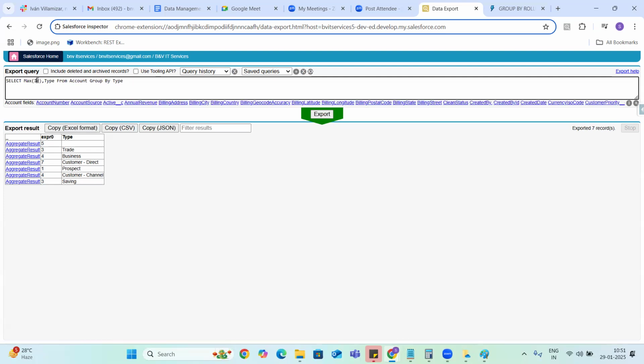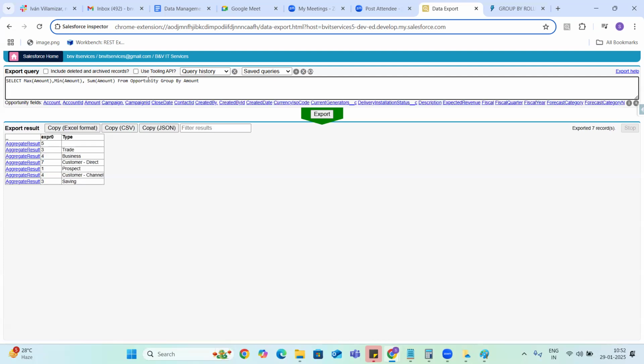So, max of amount, minimum of amount, sum of amount from opportunity, group by amount field, because from that particular field we would like to know what is the maximum amount, what is the minimum amount, what is the sum of amount.